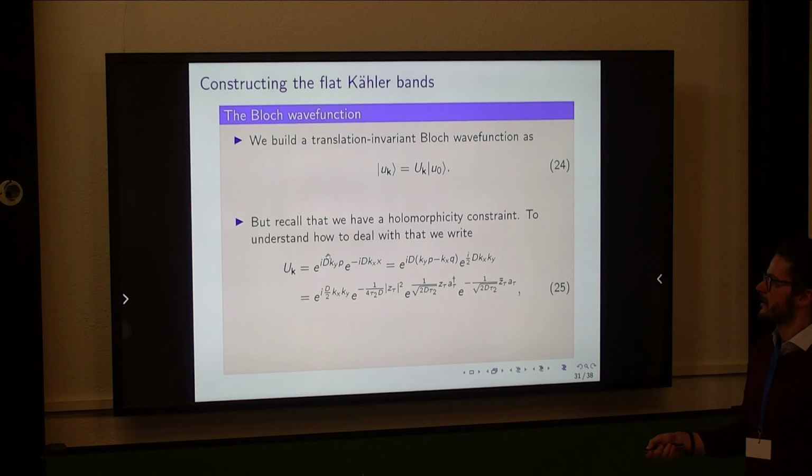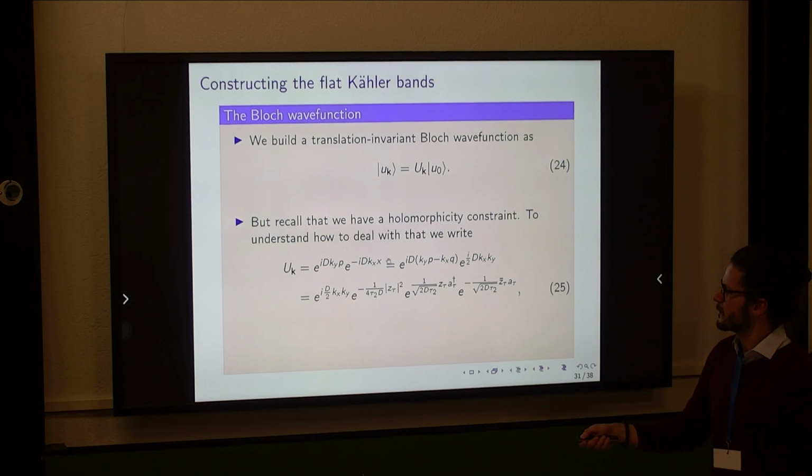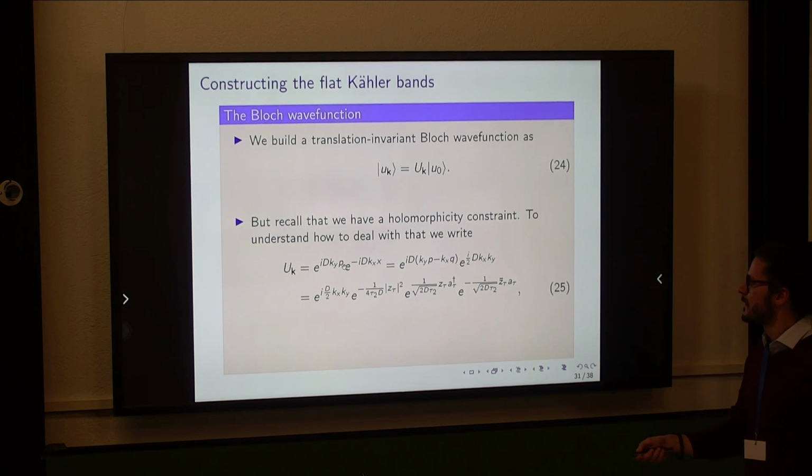I can show that U sub k can be written like that. And then I use a Baker-Campbell-Hausdorff equality to show that it can be written like that, because of the commutation relation of P and Q. This should be a Q, actually, it's an X, it's wrong. And then I can introduce creation and annihilation operators,